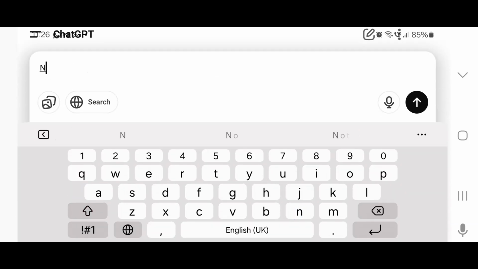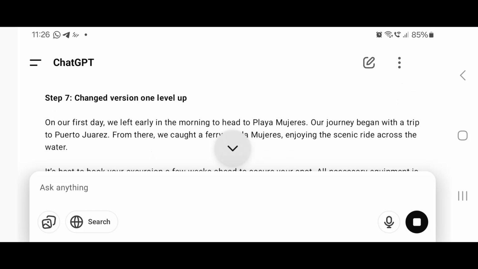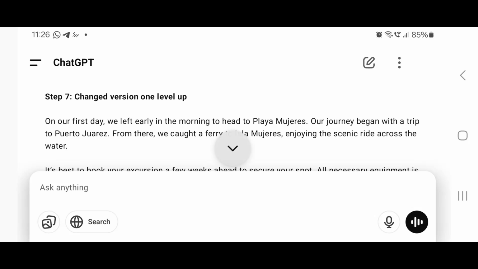Typing next and clicking on the up arrow takes us to step 7, which is the complete improved transcript one level up that you can listen to.